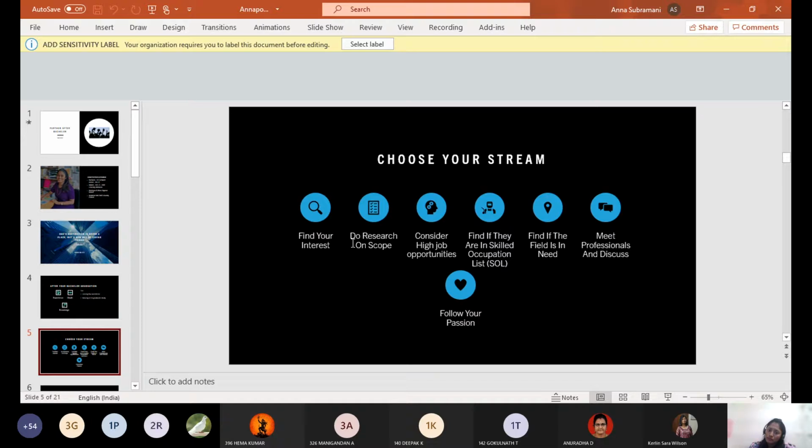There are many educational consultancies in and around India, in and around Chennai, everywhere. If you do a Google search, you get a lot of educational consultancies, and you can mention your target country and the field you're going to work on in your future, and they may suggest courses to you. From that, you can pick and follow your passion. So these are the major things that you need to consider when you choose your stream.